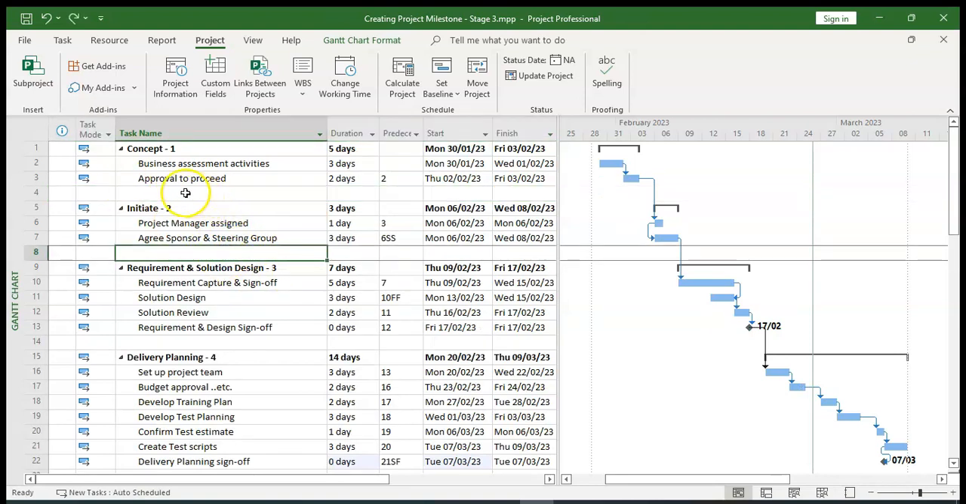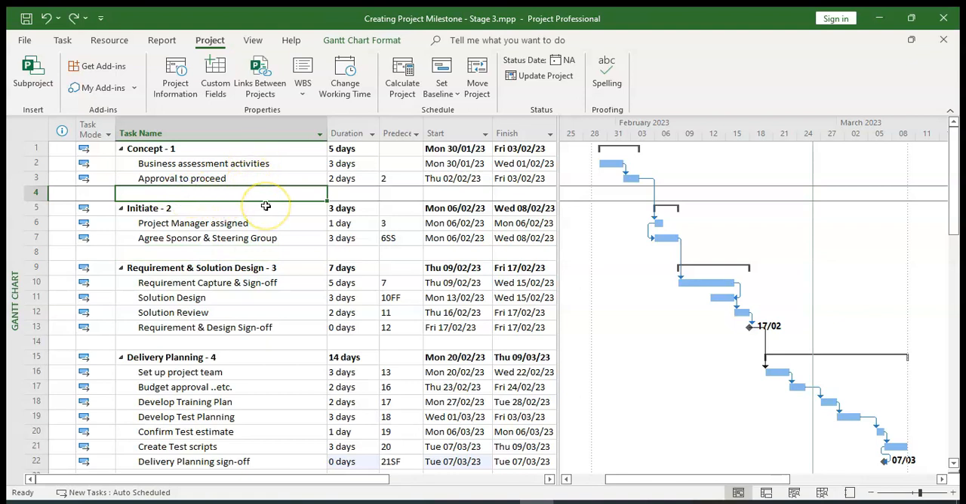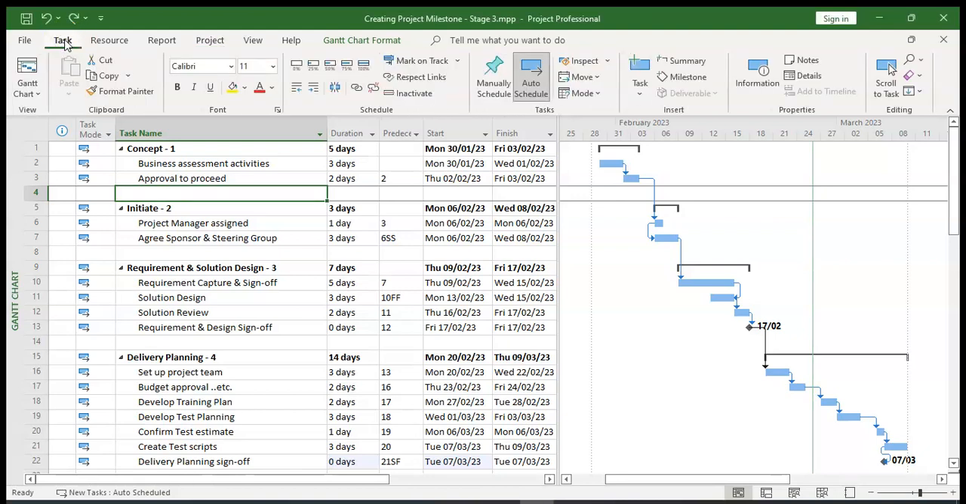That is very much the same thing, but this time we're going to use the taskbar. So we'll come up to task at the top here. If we click on that, click on task, and we come over to the right hand side, highlighted, you will see we have an option that says milestone. So by clicking on that,